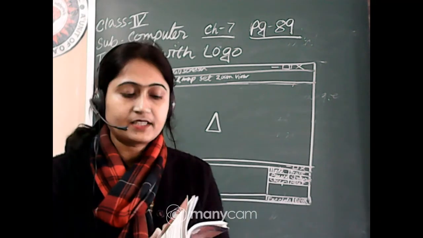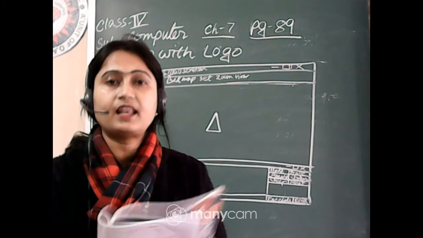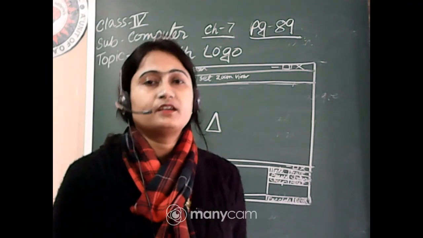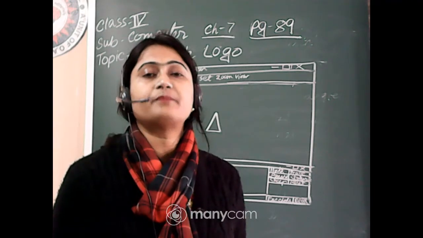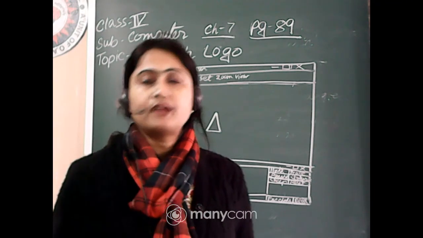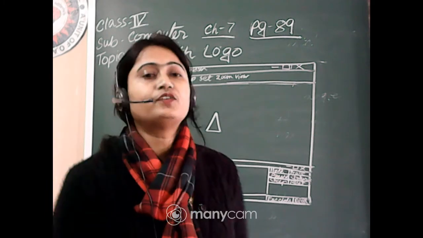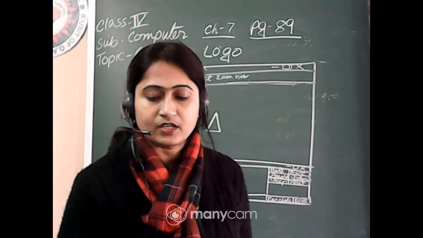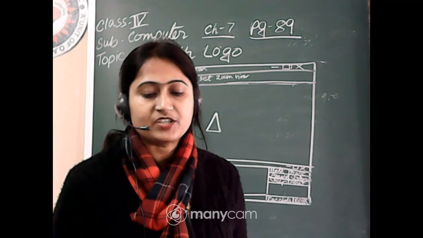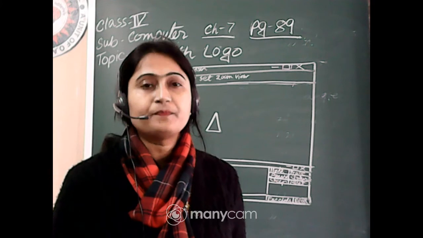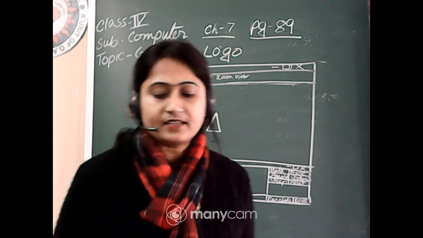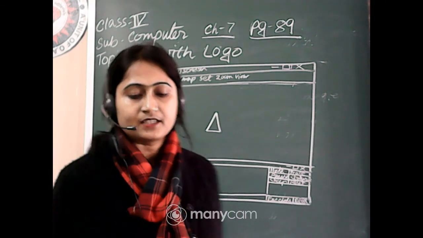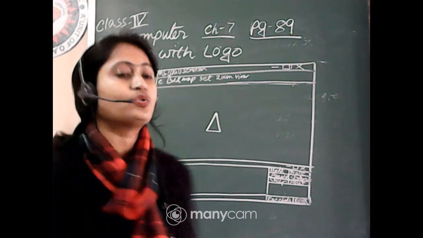What I already discussed: what is Logo? Logo is a language. Using this language, we can draw some basic shapes and perform arithmetic calculation. The full form of Logo is Logic Oriented, Graphic Oriented. It can be used to draw pictures, to do calculation and to print text. Logo uses a triangular shaped turtle that moves on the computer screen.